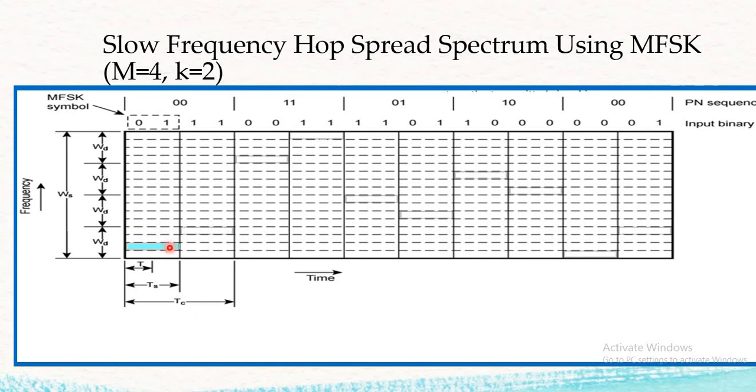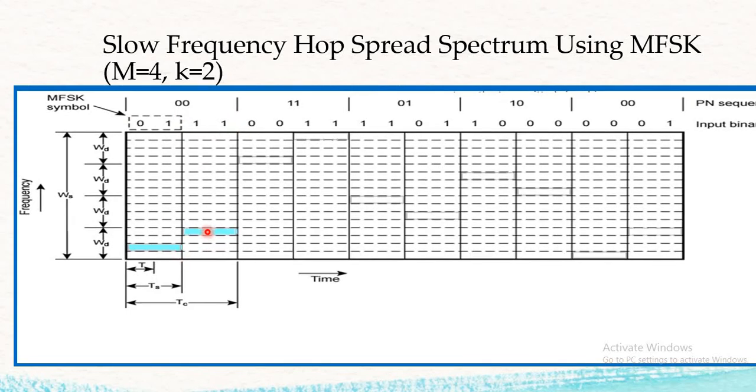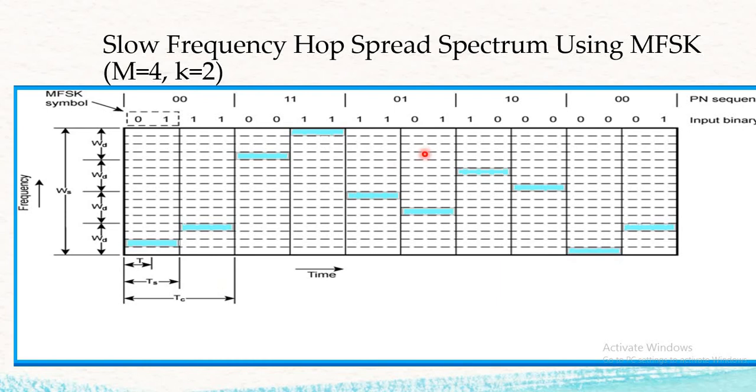Now similarly repeat for the second. What is your PN sequence? 0 0 means this particular portion, and for that what is your input value? 1 1. So where is your 1 1? The 1 1 will come here. Okay, so in this way we have to fill out all. For the next I have already done it for you. If you observe this particular point, the value is 1 1 of a PN sequence. The PN sequence was the last section with the input value of 0 0, so it will come over here, and likewise we have filled the values.